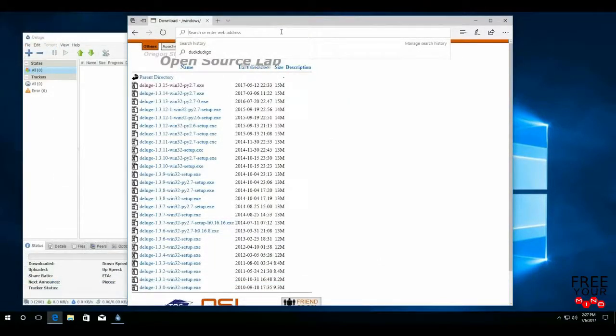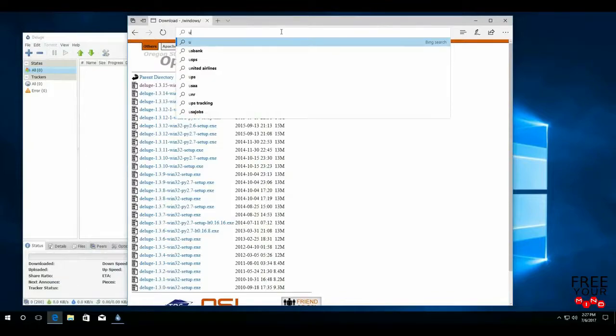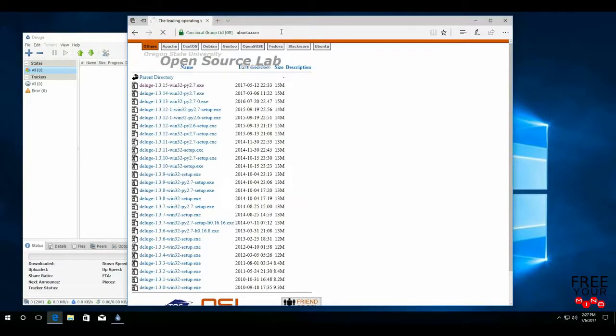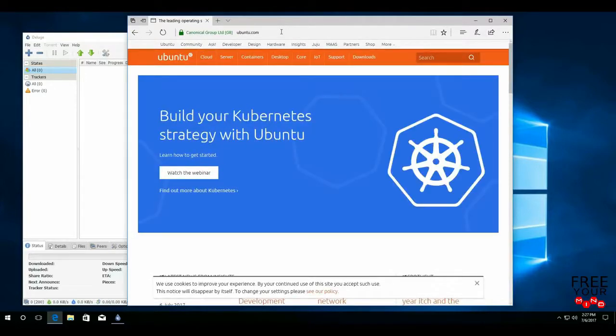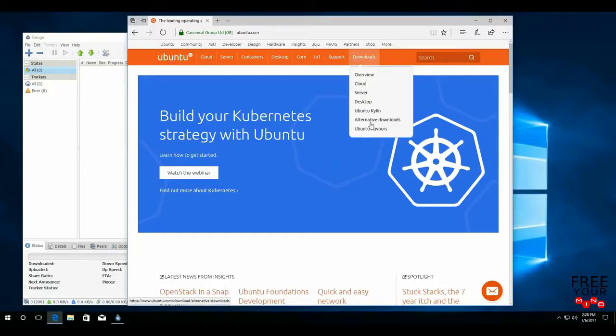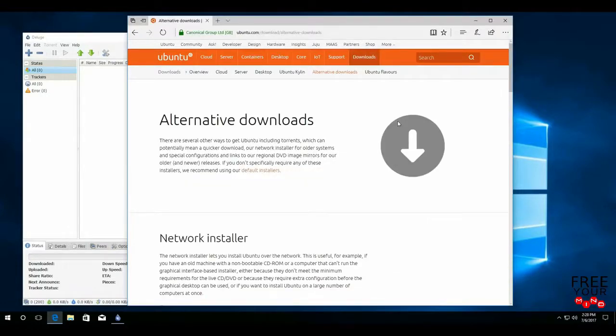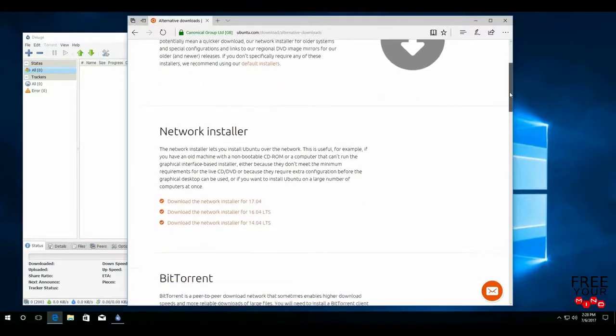The last part of step 1 is to go to Ubuntu's website. If you're not seeing all of the menu options at the top of Ubuntu's website, you may need to maximize the window in order to see all of the options. From the home page, you will hover your mouse over Downloads and choose Alternative Downloads. From there, you will scroll down to the section that says BitTorrent,